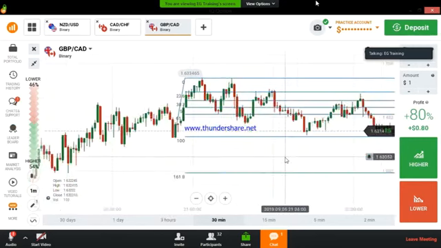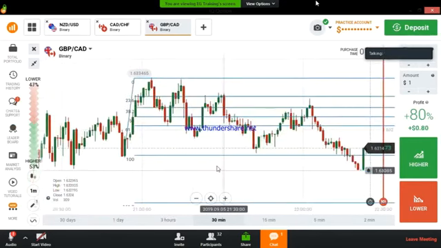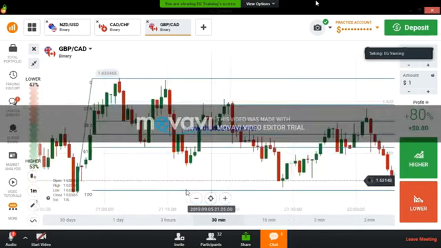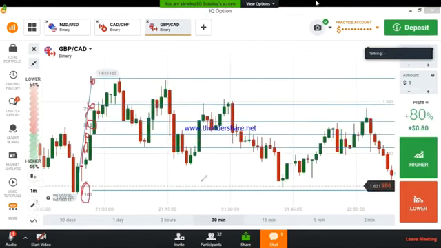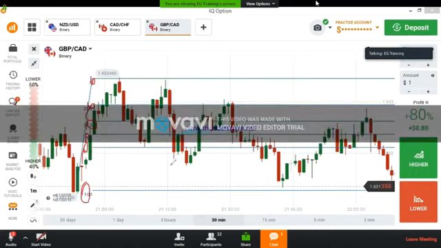Okay, draw a Fibonacci tool, then you will get some levels here. These 6 lines are the SNR levels. But we don't know which level is working mostly. We can't trust all levels, right? I already told you we can't trust all levels. We can trust only a few levels, like a strong level. These are the SNR levels, but we can't trust all of them. We can trust only a few levels, and I will show you here.